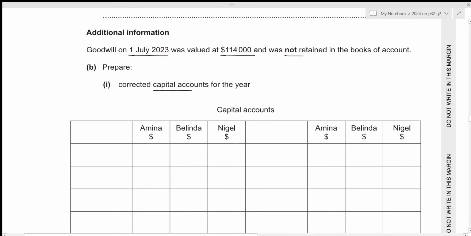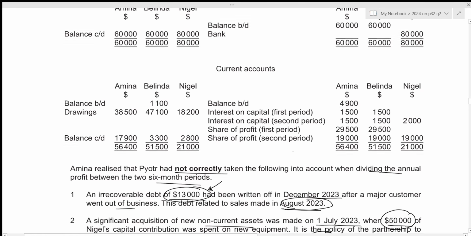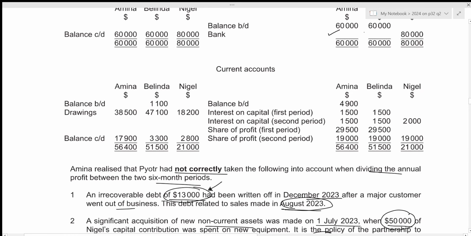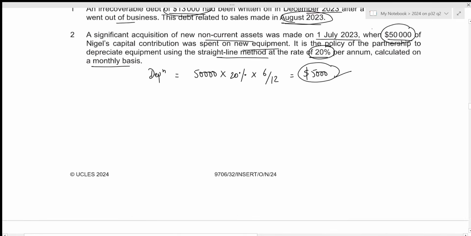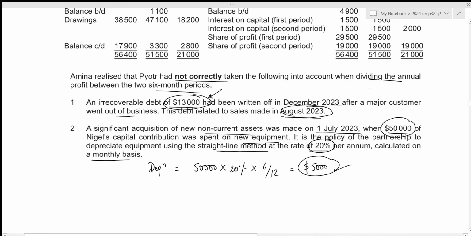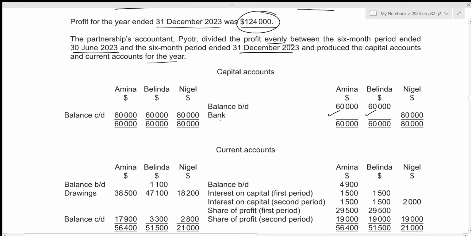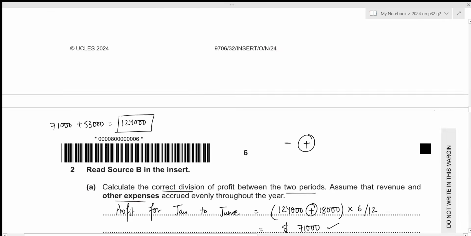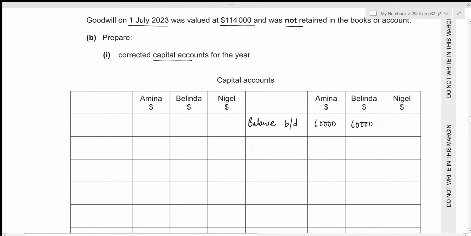Let's start with the opening balance. Since we're talking about capital, the opening balance will always be on the credit side. So balance brought down. Let's take a look above. So that's 60,000 for Amina and 60,000 for Belinda. So 60,000 here, 60,000 here. Then let's include the capital introduced by Nigel. We can see that Nigel introduced cash to the bank account worth 80,000. Let's write it down. So bank,